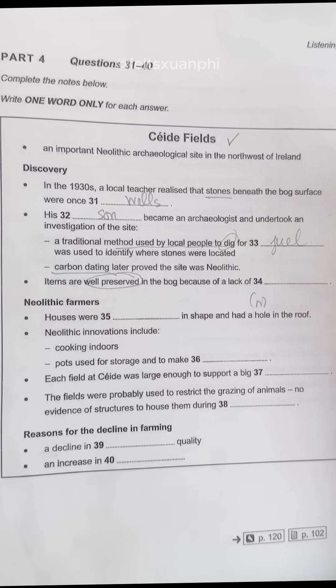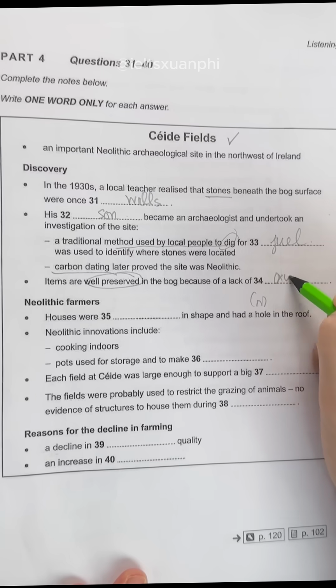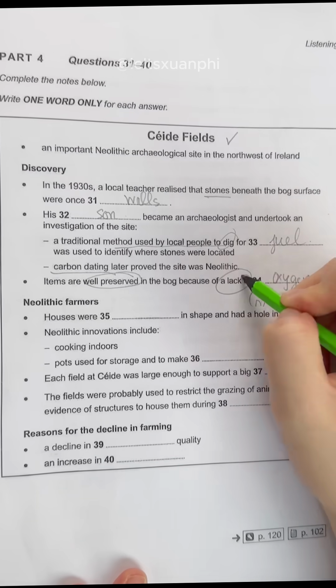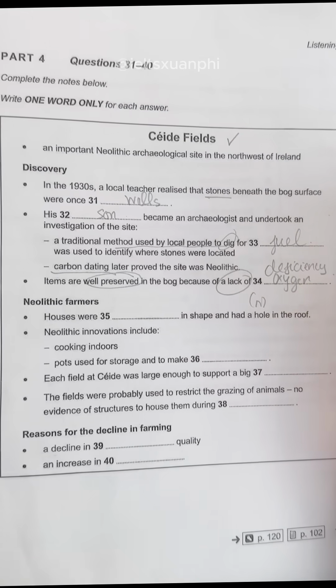Objects remain so well preserved in these conditions because of the acidity of the peat and the deficiency of oxygen. At least 175 days of rain a year are required for this to happen. This part of Ireland gets an average